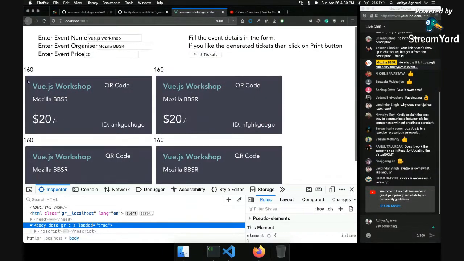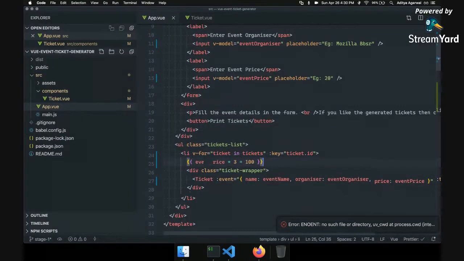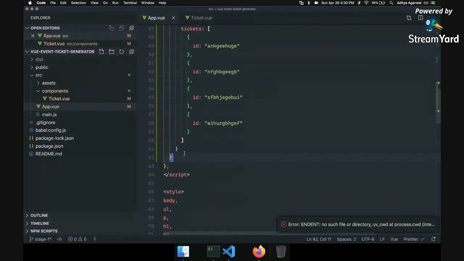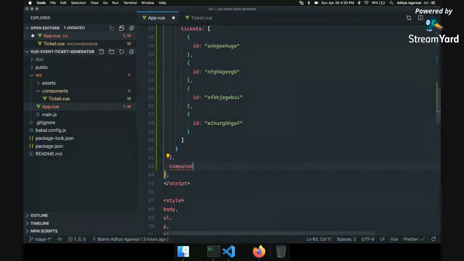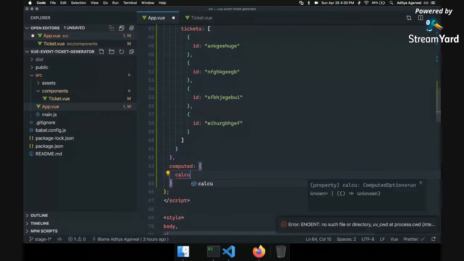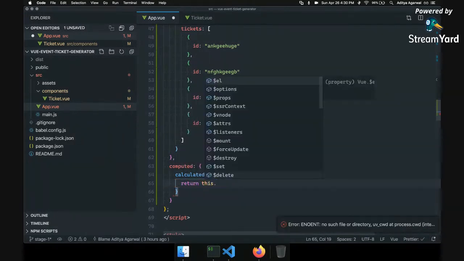So you see it is coming here, but instead of doing it in the markup, instead of data, there is another thing called computed, and it will be an object. Here you say calculated price. Say you are giving discounts and you want to calculate. So calculated price is a method. You say return this.eventPrice,